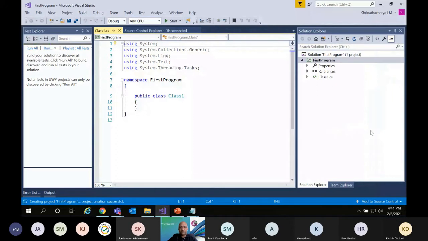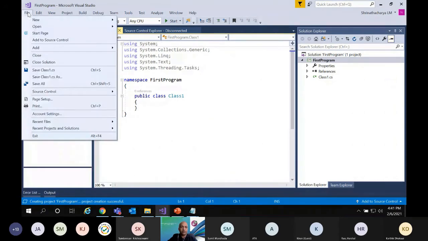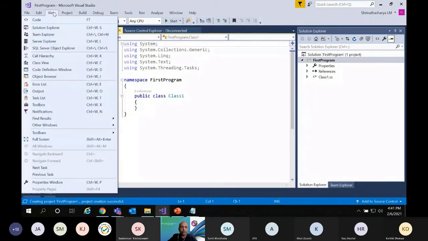The moment you load, this is the window in Visual Studio. It is similar to other Windows components, like file saving. If you go to the file menu, the edit menu, view has the solution explorer, all those things.